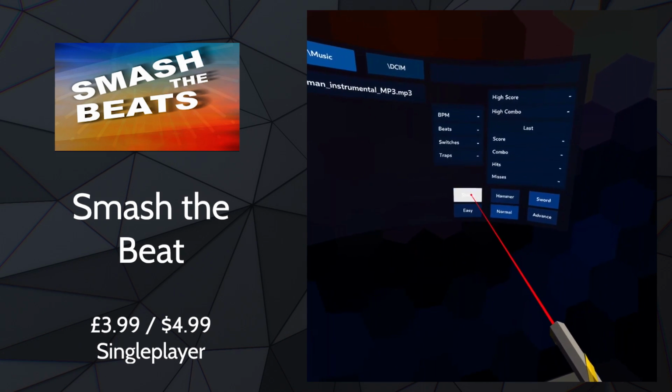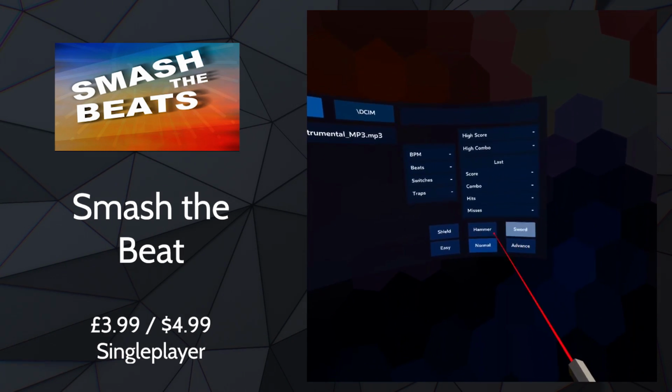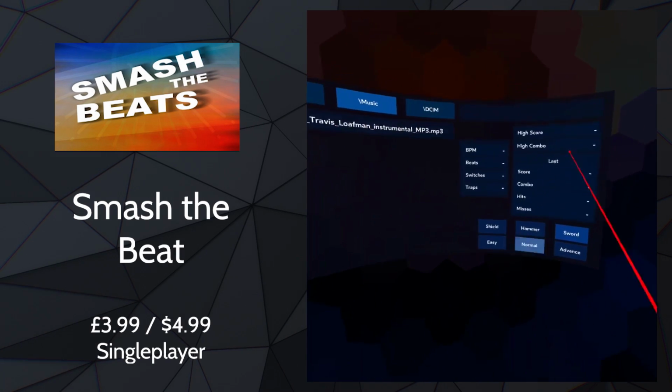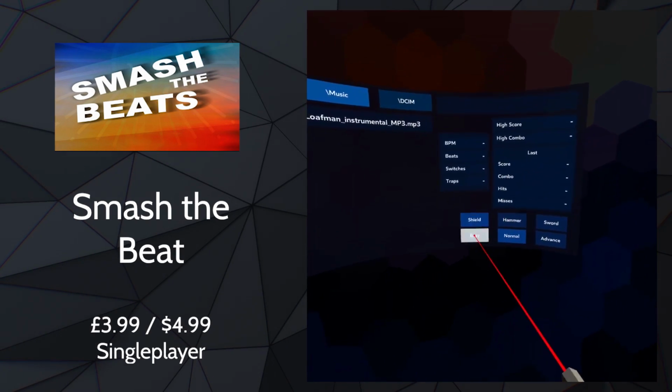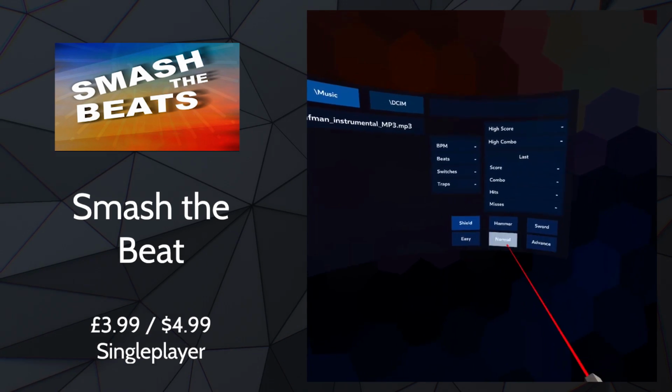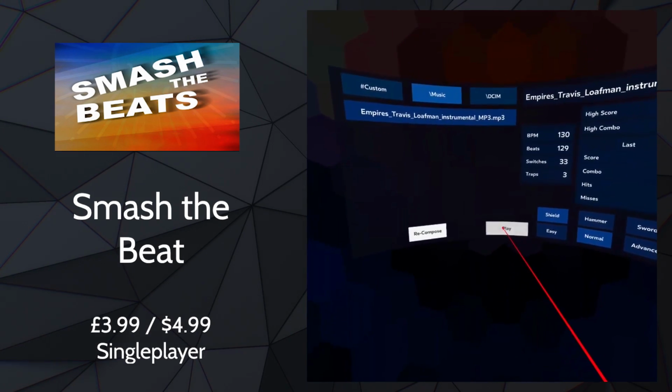And you can choose between a shield, a hammer, or a sword. A hammer and a sword are very much the same. They're your typical Beat Saber type slash. Your shield is different. And for both of them, you can choose easy, normal, or advanced. We'll do normal. Both of them, if we choose this track, play,